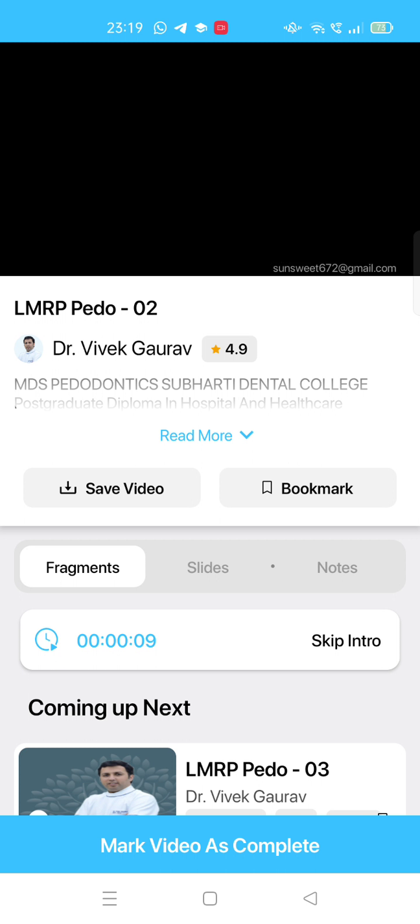Now basically what you are doing is that you are not damaging the Hertwig's epithelial root sheath cells, which are responsible for the closure of the apex. So you are preserving the viability of the cells, and this will help in the closure of the apex on its own. So it's known as a physiological process of root formation. So this entire thing that you are doing is for the procedure such as apexogenesis, which is also known as the physiological process of root formation, or the completion of root formation on its own. So always remember that Schweppes pulpotomy is the partial removal of the coronal pulp, and it aids in apexogenesis.